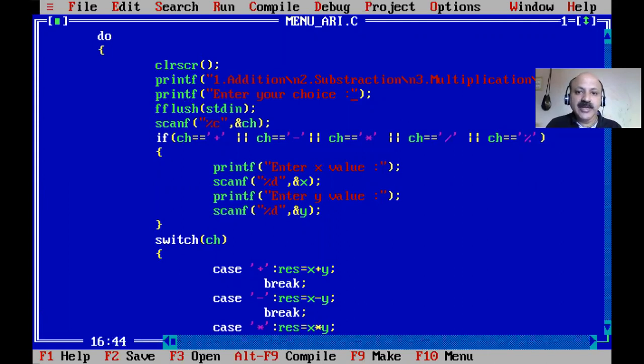So here we can give some user guidance. You can enter plus, minus, asterisk, then division, then modulo division, and to come out, capital E, or you can use the or and small e.